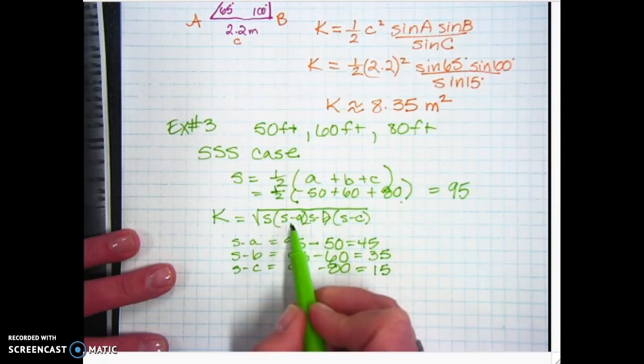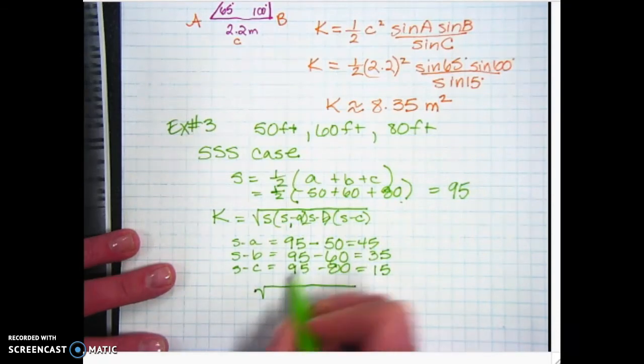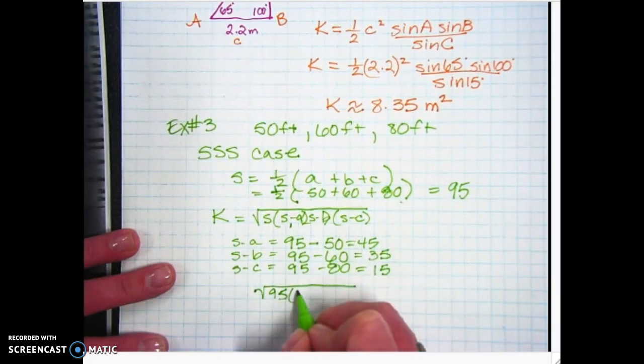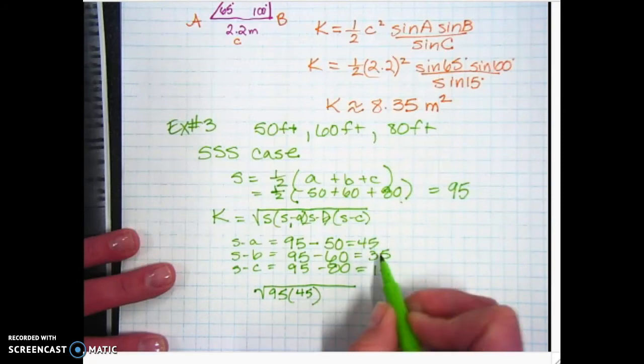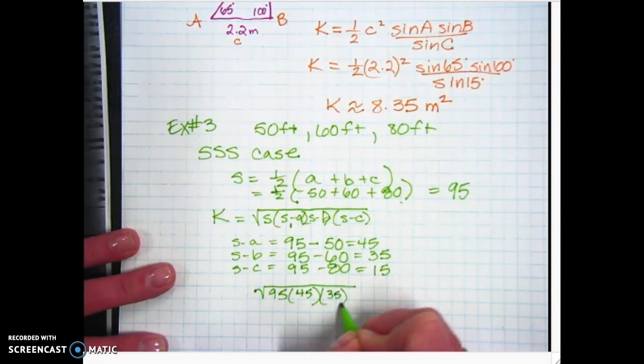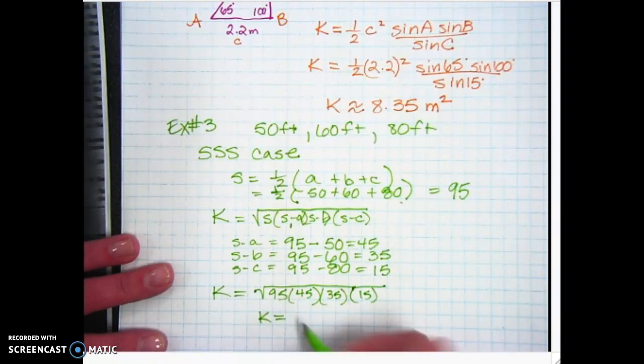So I'm going to plug these 3 numbers in here, here, and here. So I'm going to have the square root of S, which was 95, times S minus A, which we already calculated as 45, times S minus B, which is 35, times S minus C, which is 15, and then punch all that in the calculator. I got